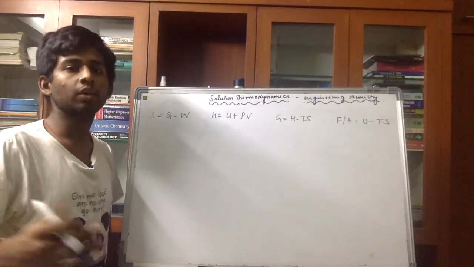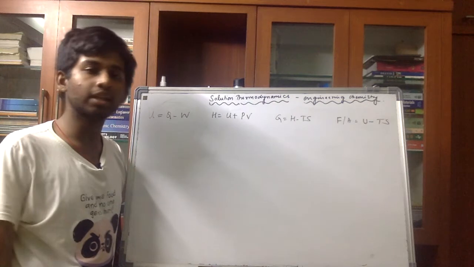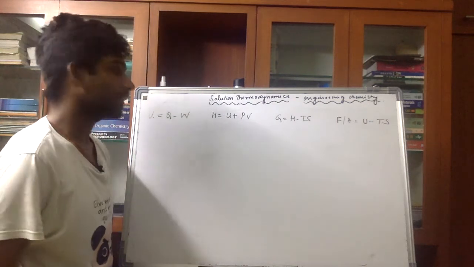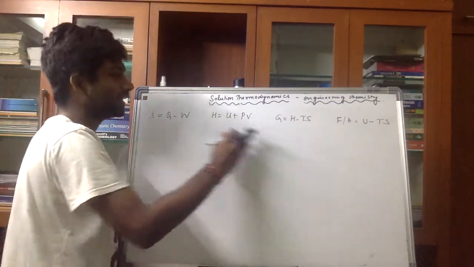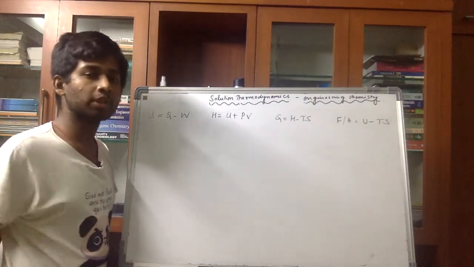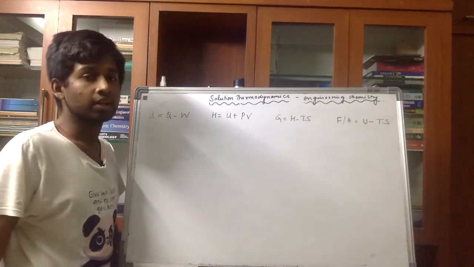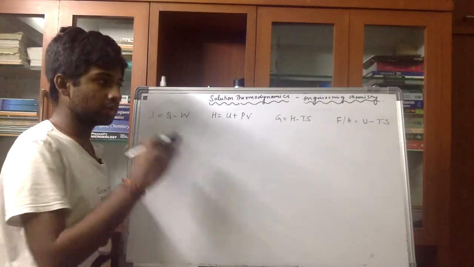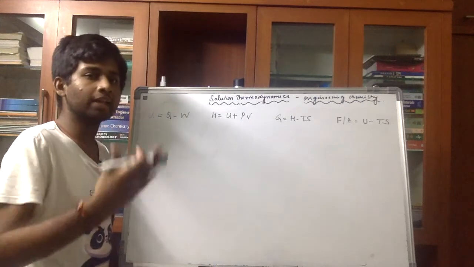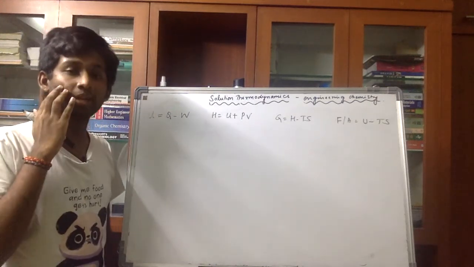Hey guys, so now let's talk about the Gibbsian equations and their relations with the chemical potential. These are the basic equations which involve the basic properties of thermodynamics, and after differentiating, we'll have a set of Gibbsian equations. Using Gibbsian equations, you will not only get relations with respect to your chemical potential, you will also